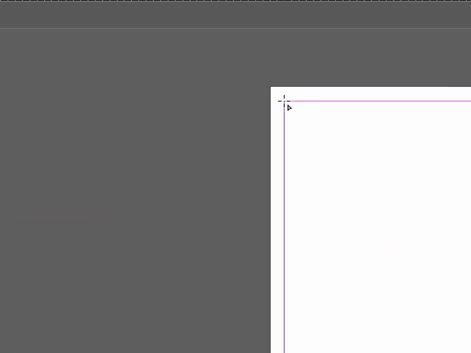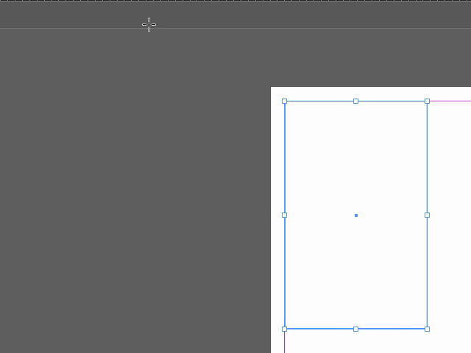And I'm not going to hold the shift key down in this example because it's actually supposed to be a rectangle, not a square. Holding the shift key down would lock the proportions. And I can see my little points there. It's telling me how large it's getting to be, and I want this to be 2.5 inches wide by 3 inches high. So I'll just move it out to be approximately,